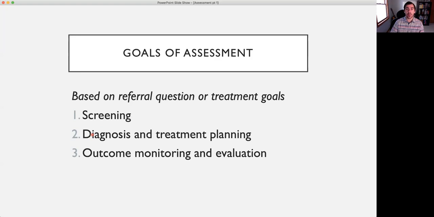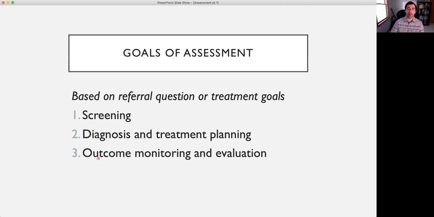Diagnosis, which involves assigning a label to someone based off of whether they fit certain criteria for a particular type of psychological problem. And we'll talk briefly about what that label might mean. And treatment planning that stems from that diagnosis. So we would do an assessment, come up with the diagnosis, and based on those things, we would also develop a prognosis, which is the idea of a future outlook for that person, and develop a treatment plan.